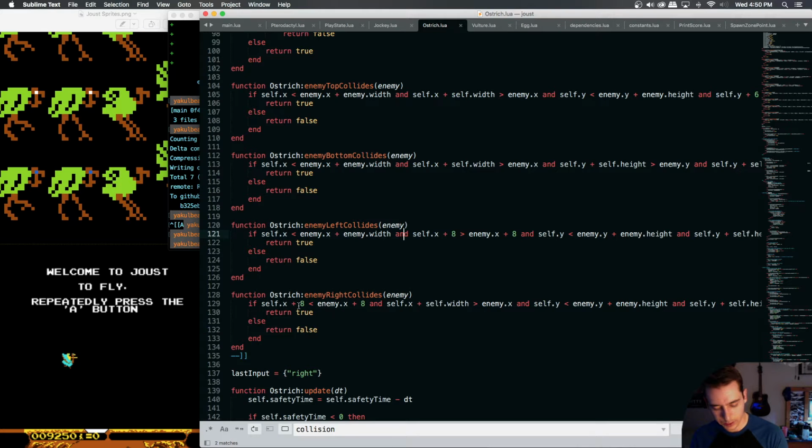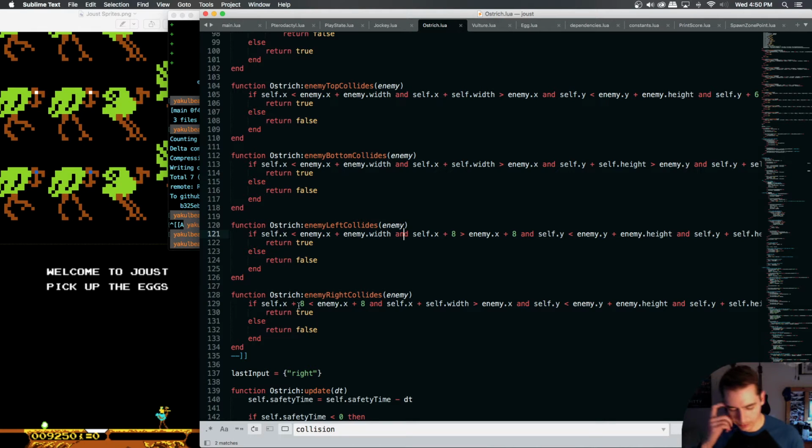And we're saying if our X +8 is smaller than enemy +8. See, that's where it's messing up. Why are we doing that? We should see if the left side of our ostrich